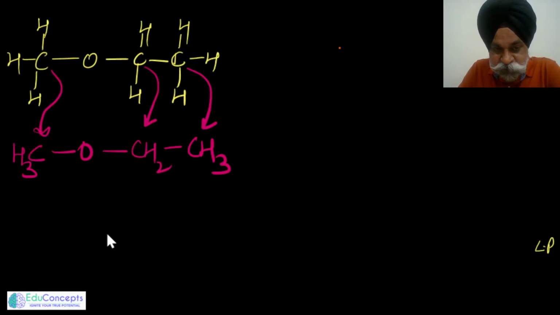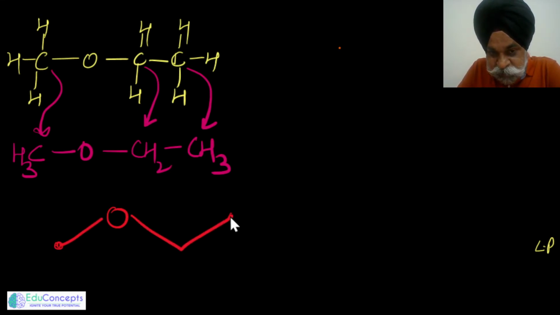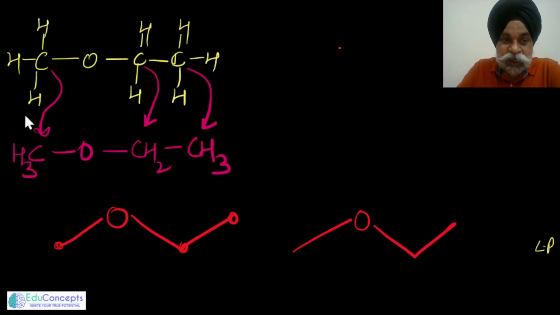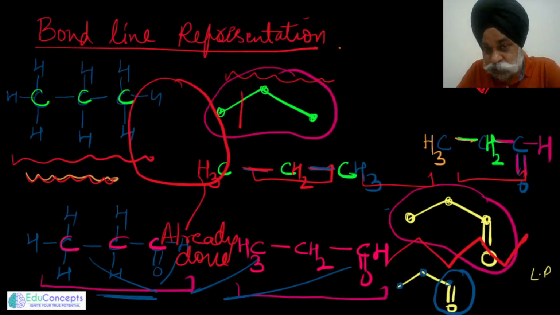Now, if I have to show it with the bond line representation, I will simply mark it like this. This is one carbon, and these dots which I am putting up here are actually not being shown. I'm showing them just to make you feel comfortable. I just would represent it like this. Okay, and along with it also you should develop this habit of showing the lone pairs present